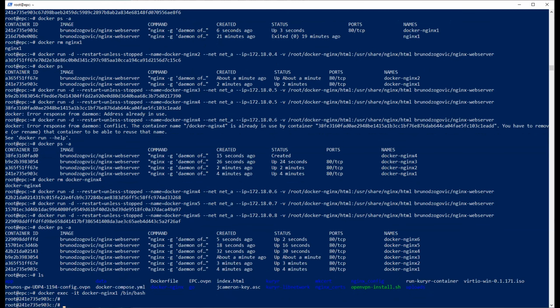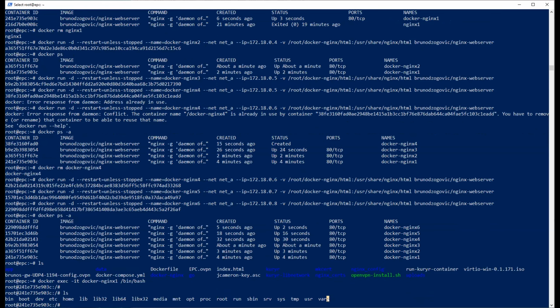Now we are in the container. So the container, if you list it, it has the same structure as Linux, as you can see, because the image on which this container is built upon is Ubuntu. You can build it upon a Windows image, you can build it upon anything, because as long as the app running inside the container is compatible with the hierarchical structure of the directories, the binary tree, let's say, of Linux or Windows, it will run. It will not run in between OSs, but it will run on that specific one.